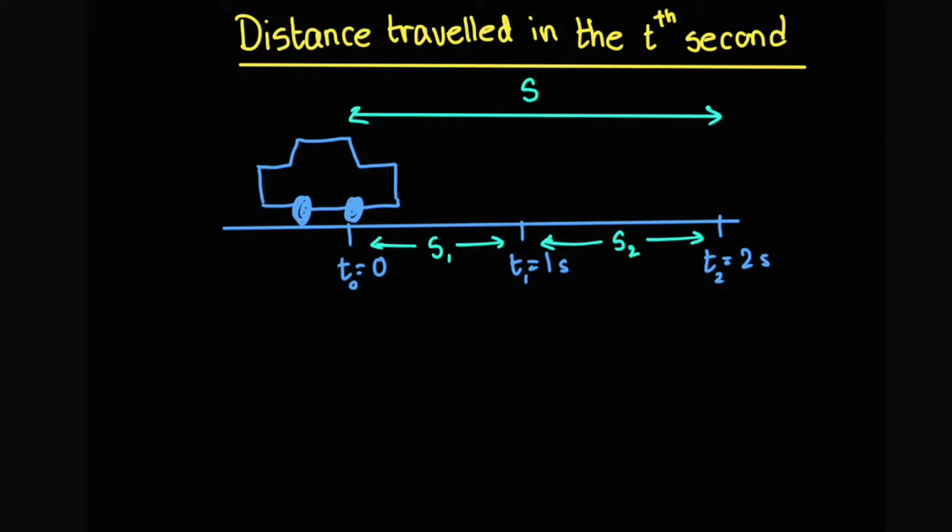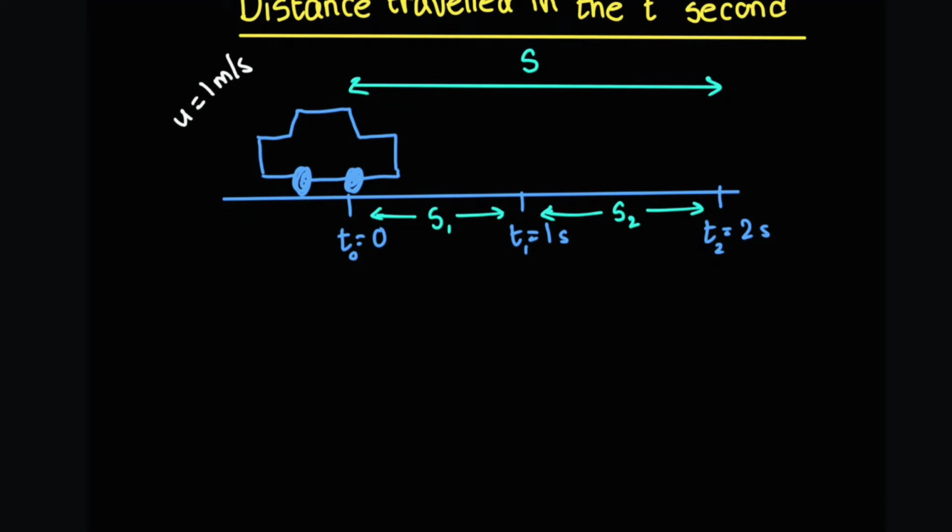It is known that if a car travels in a uniform velocity, let's say uniform velocity u is equal to 1 meters per second, then its distance traversed in each and every segment of its time is equal to each other. What I mean to say is that its distance traversed from t0 to t1 is equal to its distance